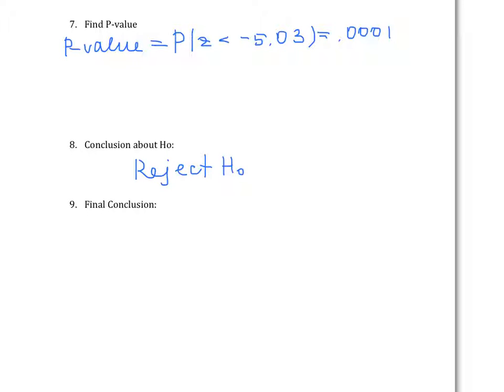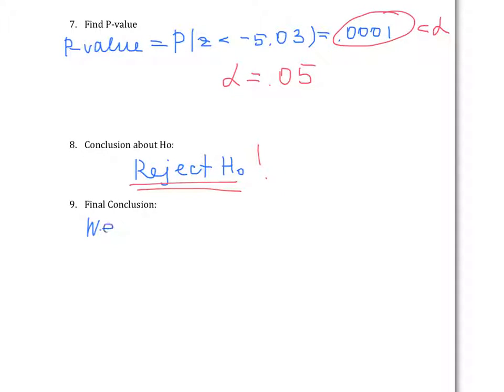H0 because this number here is less than alpha. Well, we never choose alpha, but let it be just 5%, standard alpha. But we reject H0, this is important. And now we are ready to state the final conclusion. Since our original hypothesis didn't have equality, then we can state that we have enough evidence or sufficient evidence